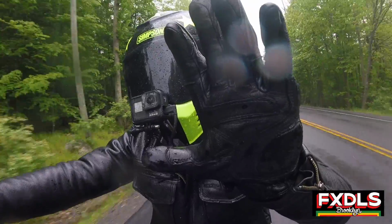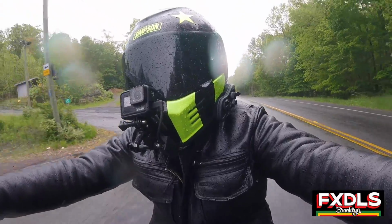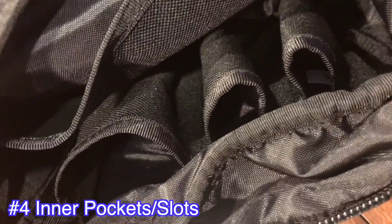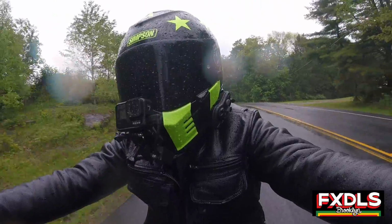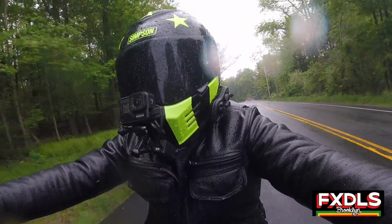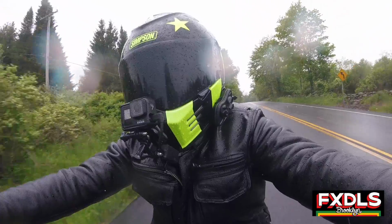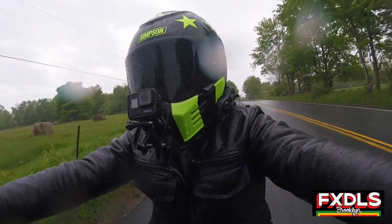And thing number 5 that I really like, and this goes back to the actual storage, I like the fact that when you open the bag up, it's got little inner straps and stuff for you to put specific things like cylindrical compartments, etc. So it's not just an open space on the inside. They have little pockets so you can keep yourself organized with whatever you're putting in there. So I like the fact that they kind of went the extra mile with the details on this bag,